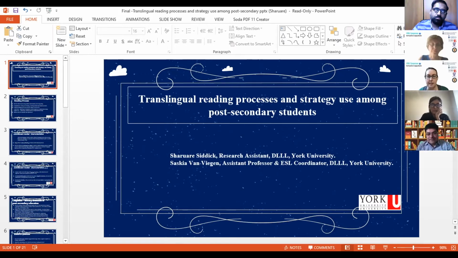As we have seen in the title, translingual reading process, we know that in education, linguistics, and reading research, studies have examined reading process and strategy use in first and second language reading. However, this research operates from a monolingual paradigm wherein L1 and L2 are seen as discrete, whereas a translingual paradigm sees students' linguistic resources as part of a singular, dynamic, and integrated linguistic system. The present study examines the reading processes and strategies of translingual adolescent readers aged 17 to 20 years at the post-secondary level.